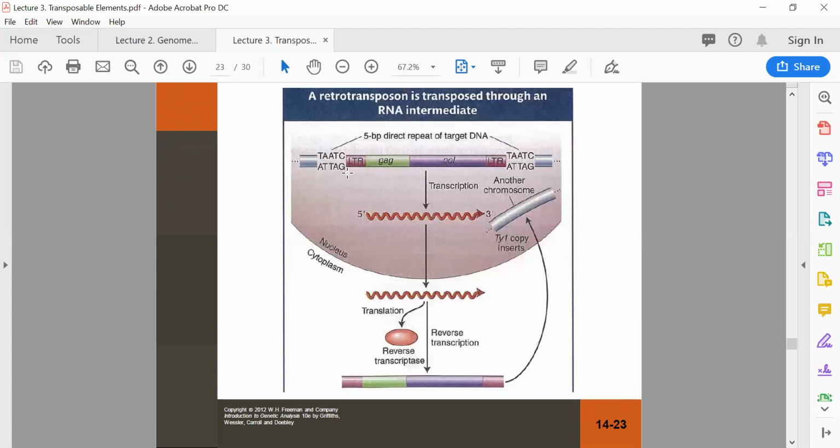So when the His4 gene with the inserted transposable element in it was transcribed to produce RNA,